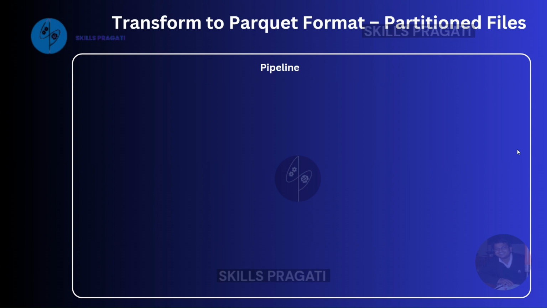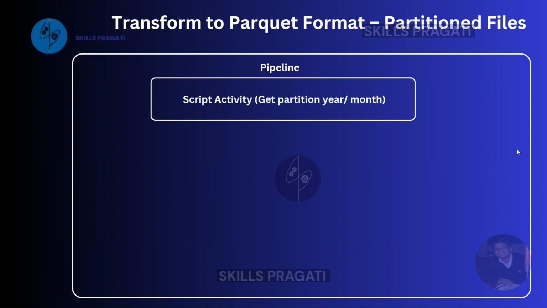The other option is to use the Script activity and run a query against our views in the bronze layer and get the distinct year and month from our data. This is what we are going to do in this pipeline. If you want to learn more about the Get Metadata activity, please refer to the Microsoft documentation, or our specific course, Azure Data Factory. Once we get the list of partition year and month, we need to iterate over the list